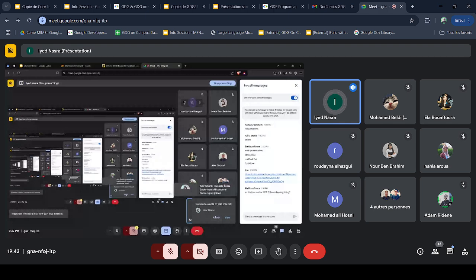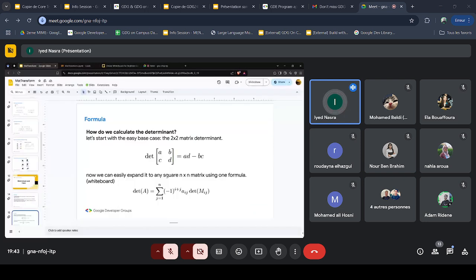For any matrix size, we will apply the same thing. So for this matrix, let's just use small numbers: 2, 1, 4, 7, 3, 8, 4, 1. Okay. The determinant of this matrix is equal to,